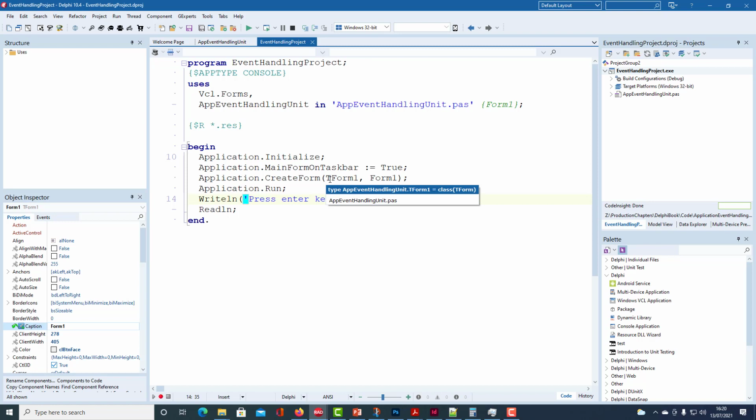object oriented programming, which is at the heart of the VCL application. So we're going to create a form object which is going to be referenced with Form1, and we're going to set the application into its message loop,